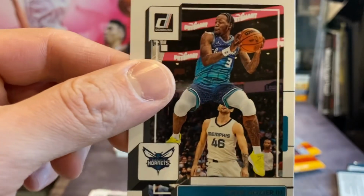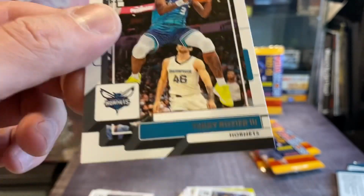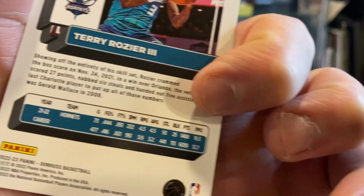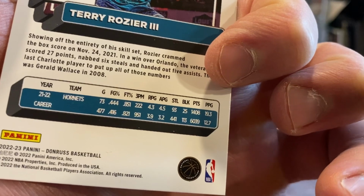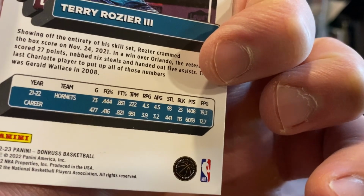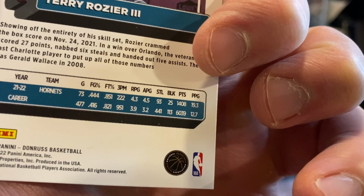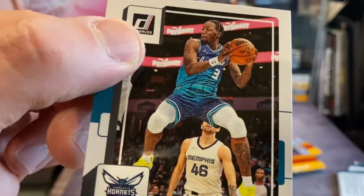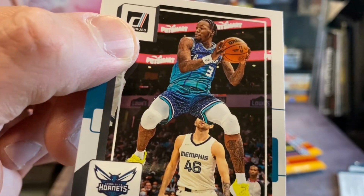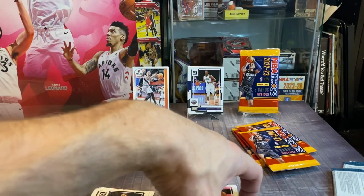We finish that off with Terry Rozier. So, they got the third. Never knew it was Terry Rozier the third. You know, just one of those guys. You can average 20 on, you know, not horrible, but not good efficiency. You know, just one of those guys who can score some points for you. A bucket getter. A volume scorer, if you want to put it more insultingly. But okay, so that does it for the